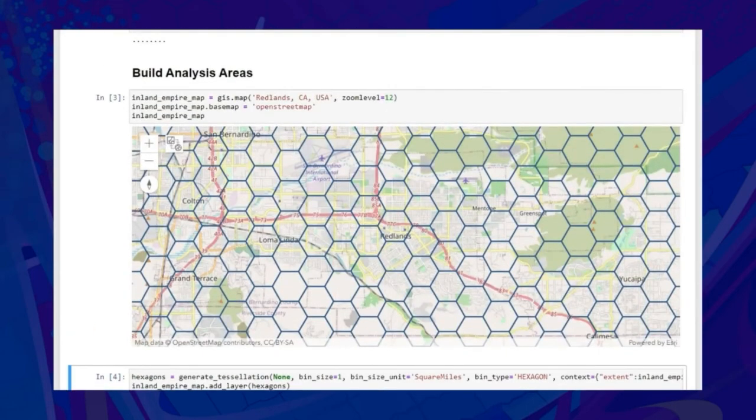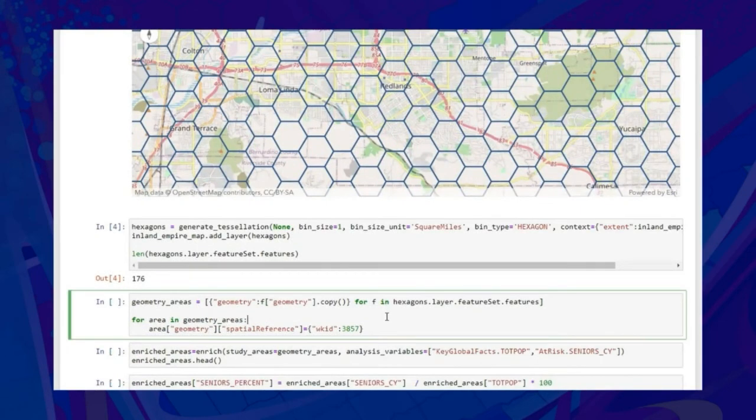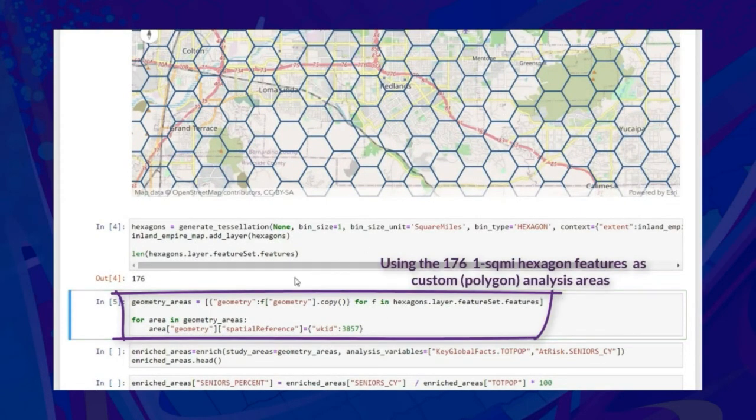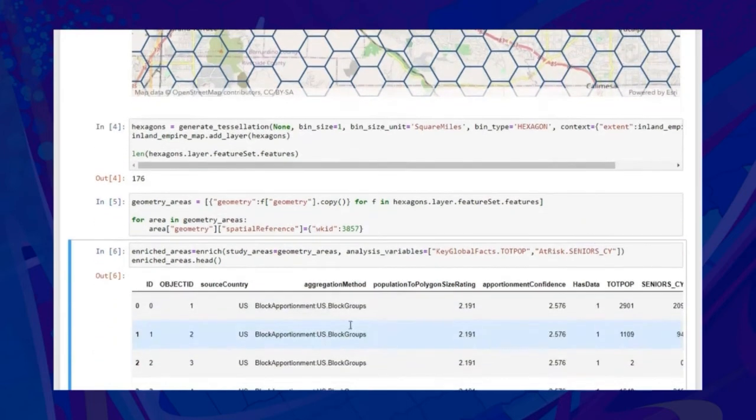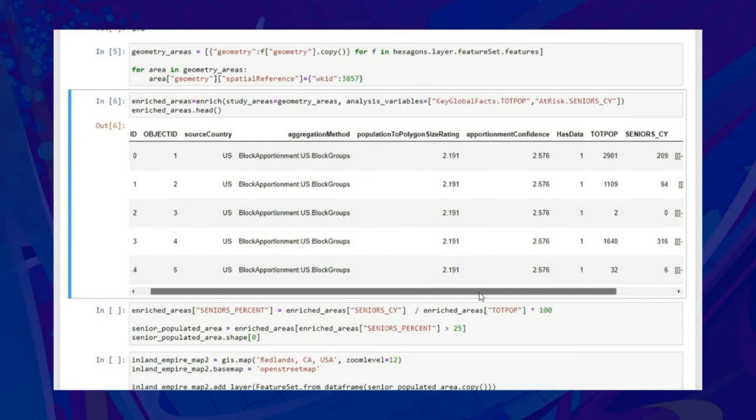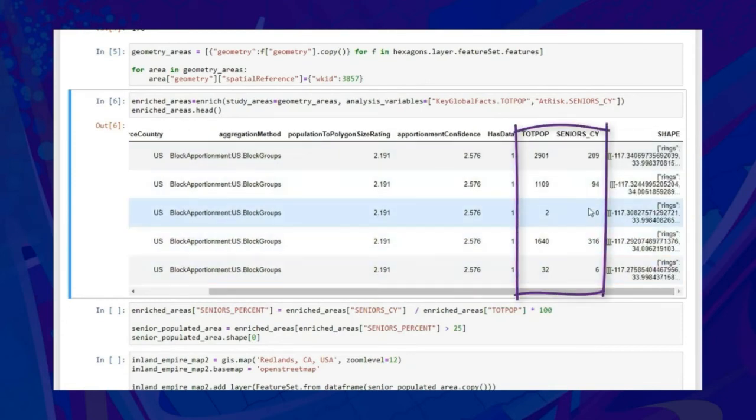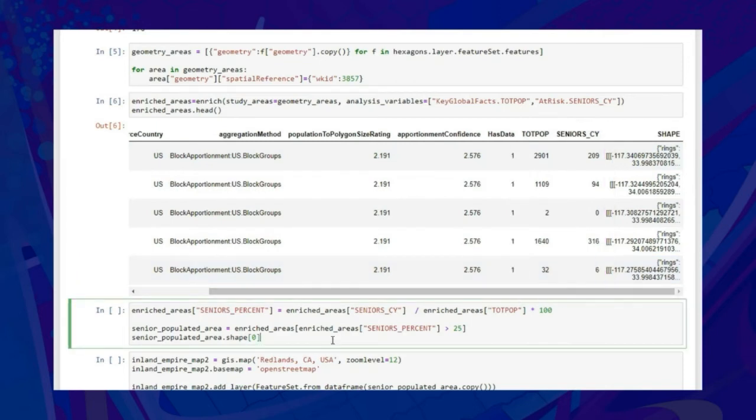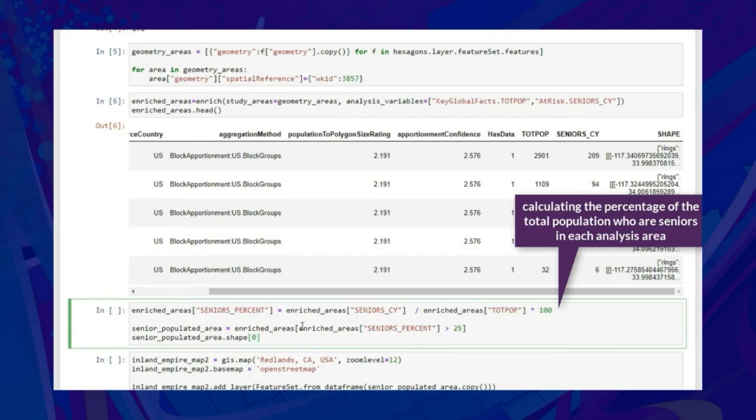The grid is created. Now for each of the 176 hexagons, let's create a polygonal study area. Let's enrich all of these hexagons with two analysis variables, total population and number of seniors living in the area. We can see that these two variables are added to the enrichment result. And now we will create the percentage of senior population